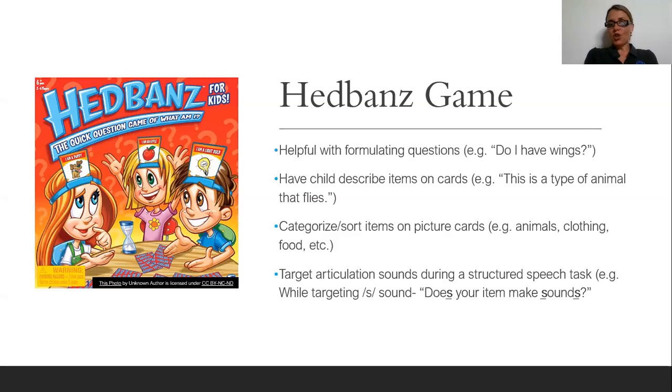You can have your child describe items on the card, like, oh, this is a type of animal that flies. They have to provide all those descriptions for an item. You can work on categorizing and sorting items on the picture card, like find all the animals, find all the clothing items, find all of the food. And this is also helpful for targeting